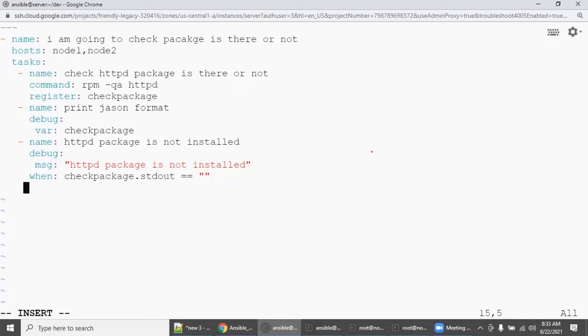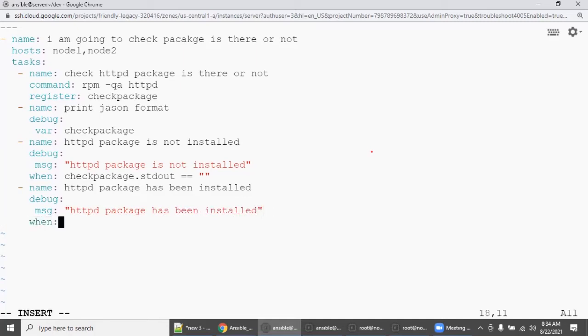Then enter hyphen name, now another play: httpd package has been installed. Now debug, enter message colon: httpd package has been installed.